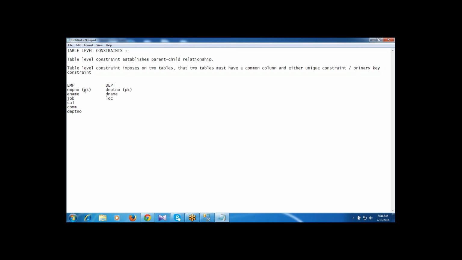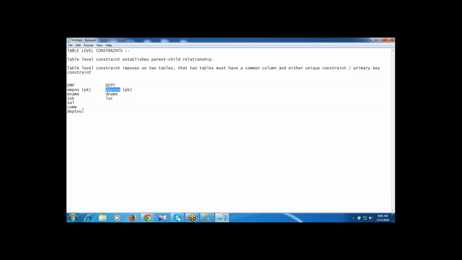On any column, we can have either a unique constraint or a primary key constraint, but both tables must have a common column. Based on the common column, the key column itself, I am going to define the relationship. That relationship is called the parent-child relationship.